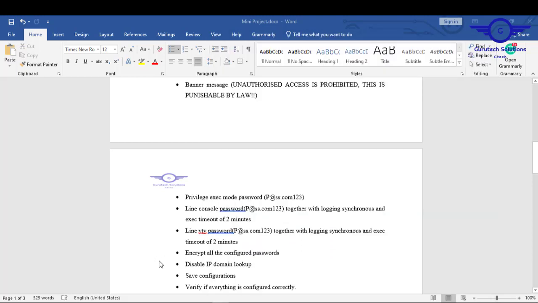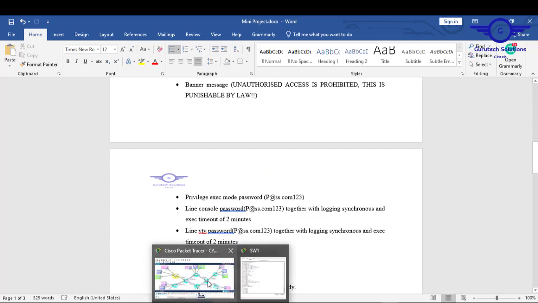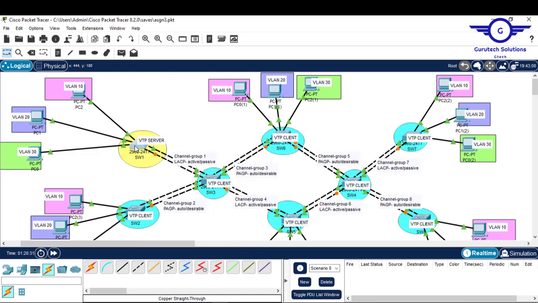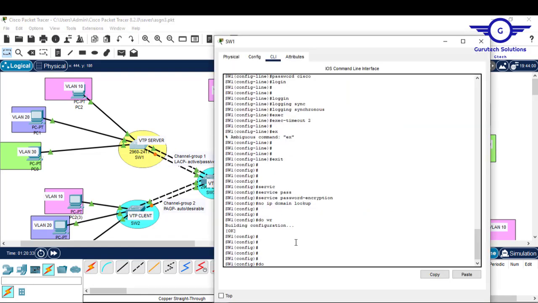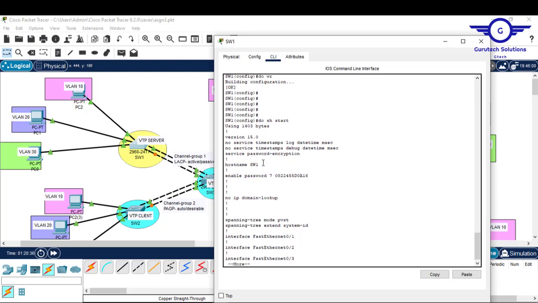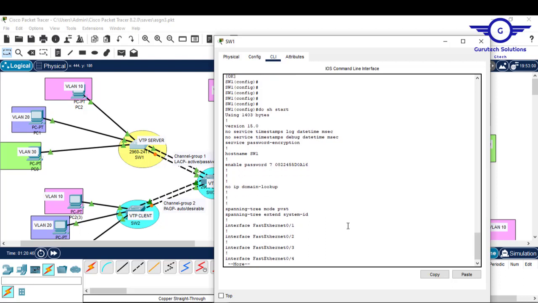And finally, verify that everything configured is correct. We just go to this switch and say do show start. When you open it, you see that service password-encryption is effective. The hostname is here and the password is here and is encrypted. There is no ip domain-lookup, which is right. Then if you go down,